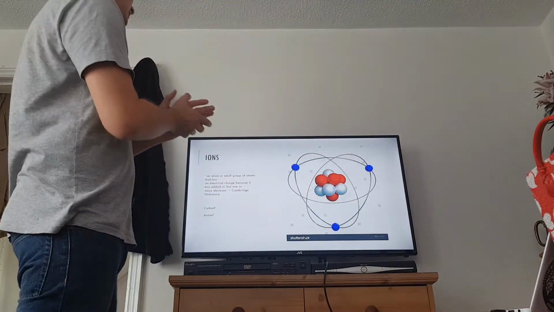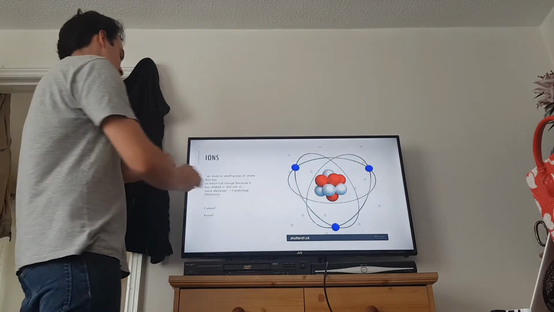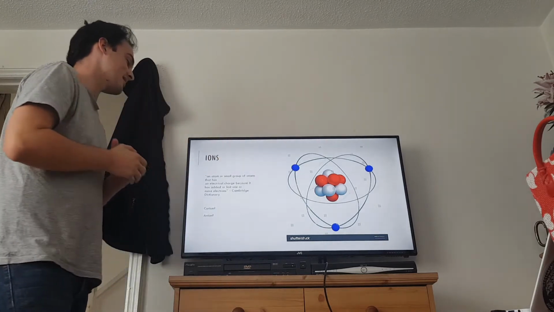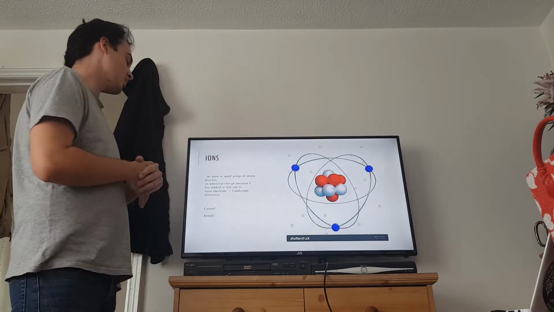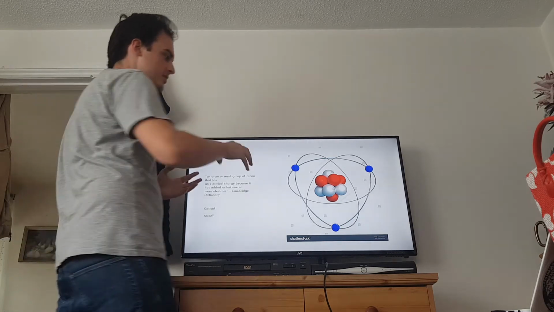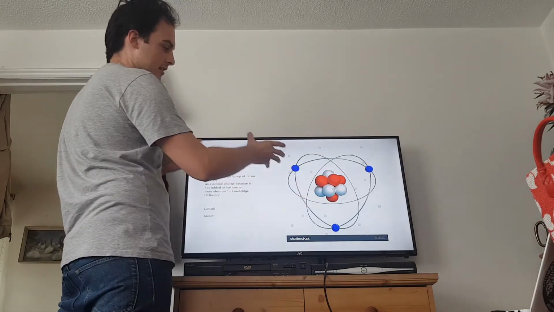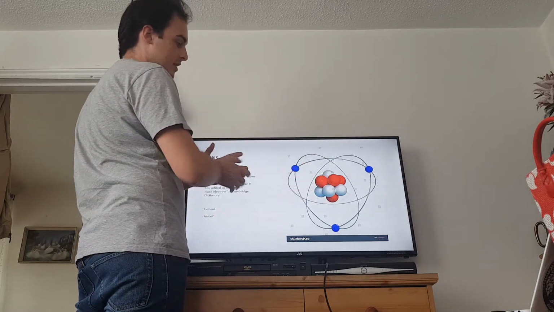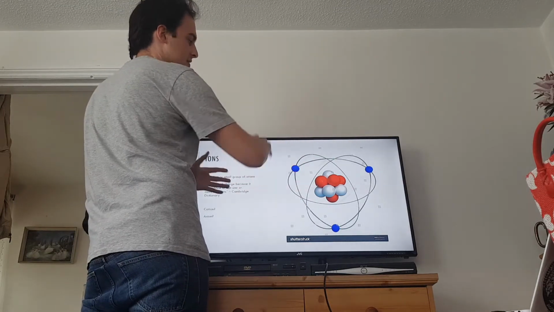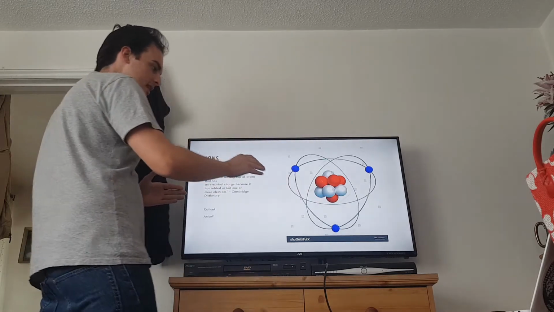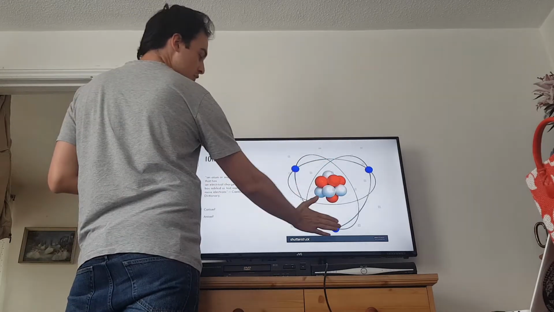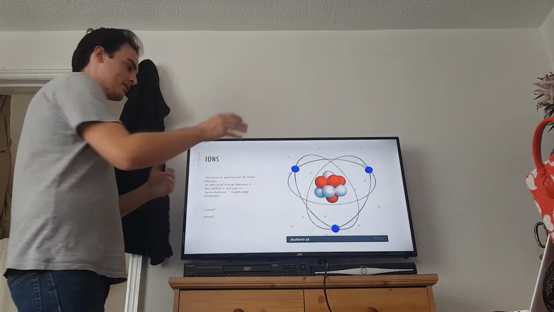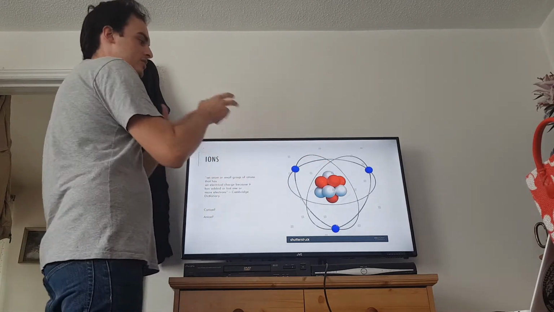Now, ions. The Cambridge Dictionary definition of an ion is an atom or small group of atoms that has an electrical charge because it has added or lost one or more electrons. If we look at this example, this is an atom in its pure form. It's a free atom. It's got the same number of protons as electrons, so it's stable. It's not an ion at the moment, but if we removed one of these electrons,